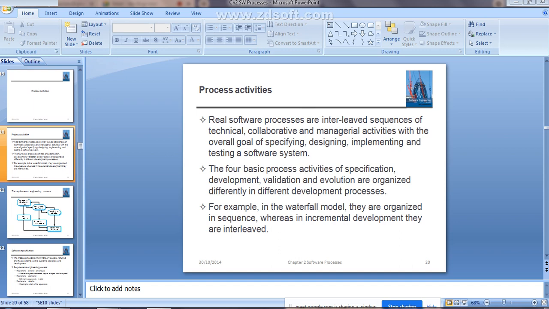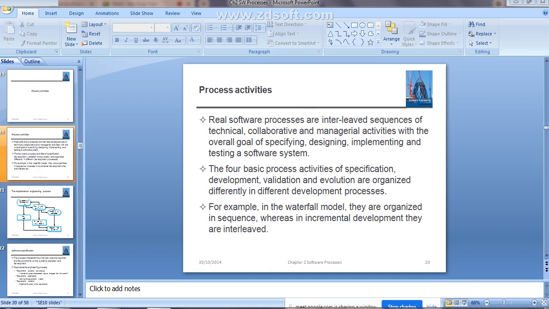So whenever you are considering real-time software systems, as I already told, there are mainly four basic process activities: system specification, software development, software validation and software evolution. But these four activities will be organized in different manners for developing different kinds of processes.